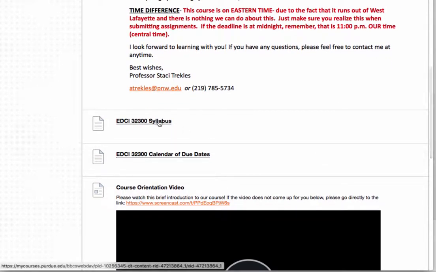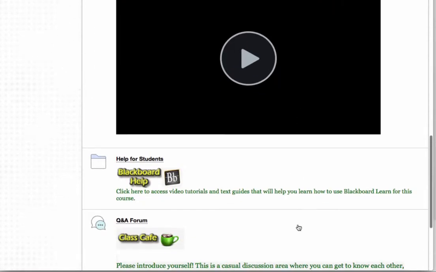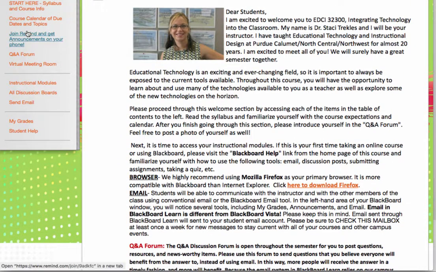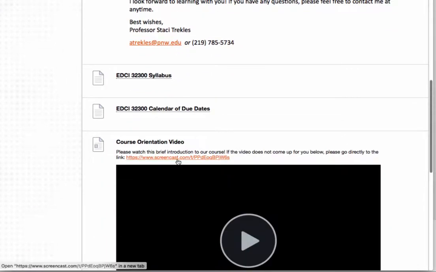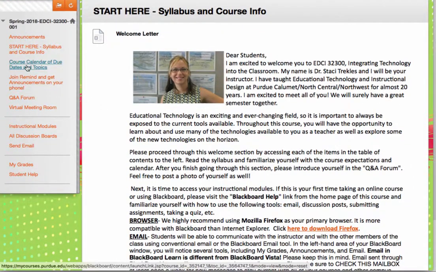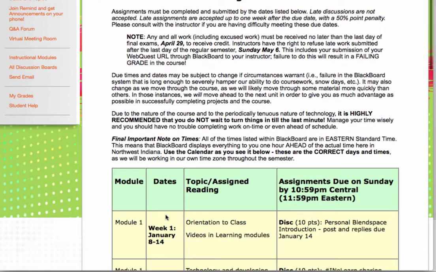There, of course, the syllabus is here, the calendar. Of course, you already found this because you already found the orientation. And there's also some helpful things for students in here as well as far as using Blackboard goes. You'll want to go through all this information pretty thoroughly and especially make sure that you are familiar with the calendar and the syllabus. The calendar, too, can also be found here on the sidebar just in case.